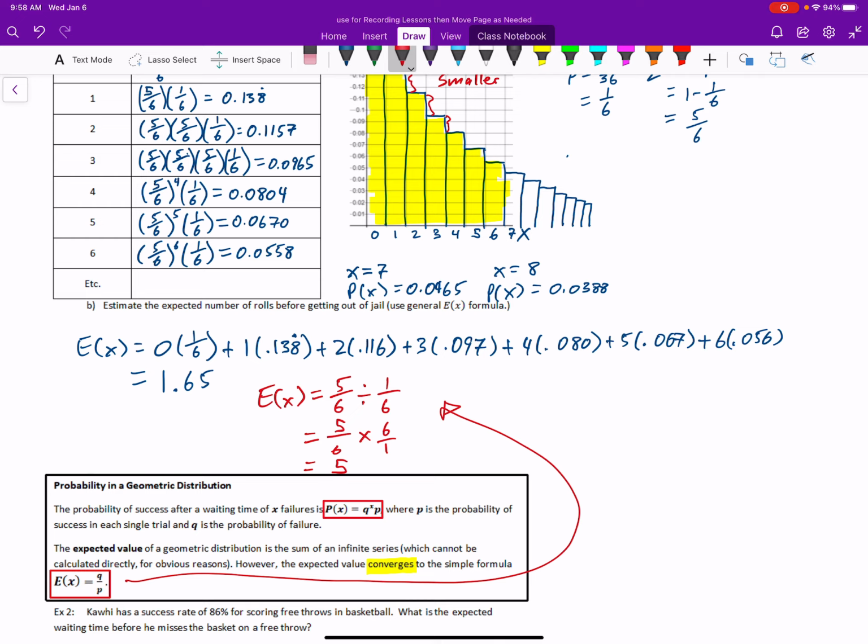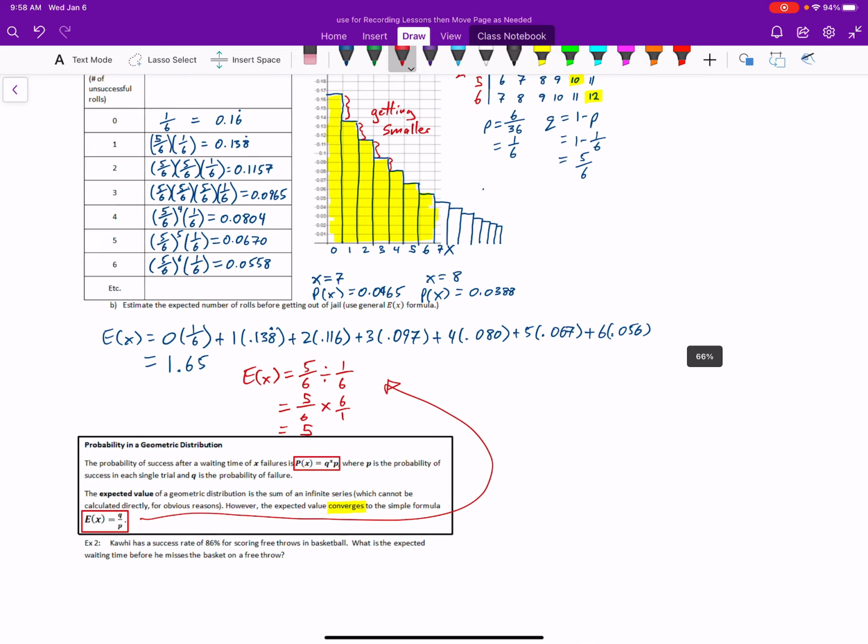It's going to keep going up. So if I were to add the other ones in there, 1.65 plus 7 times 0.0465 plus 8 times 0.0388, now it's gone up to 2. Okay, so when I added extra ones on there, when I added x equals 7,